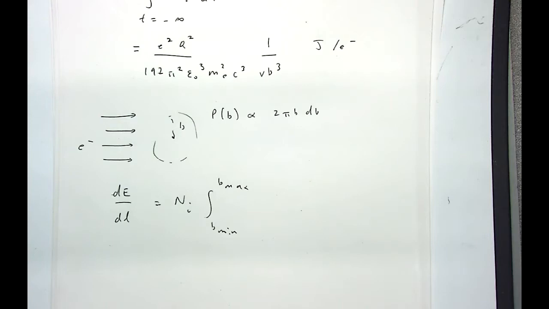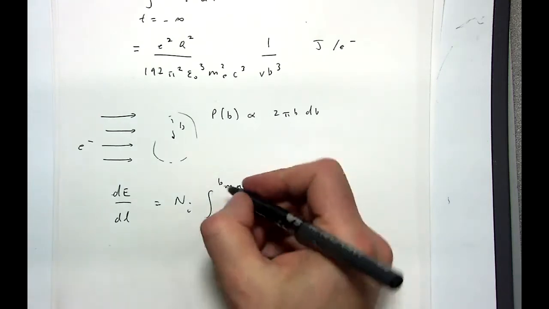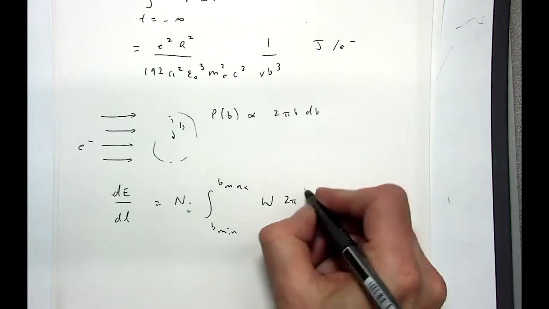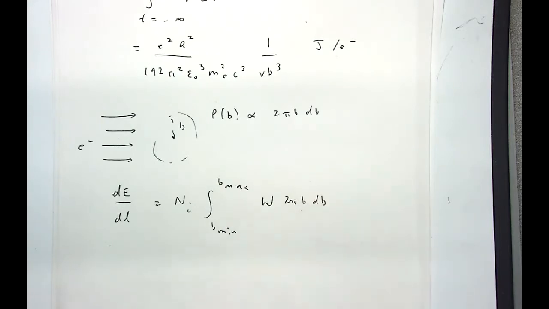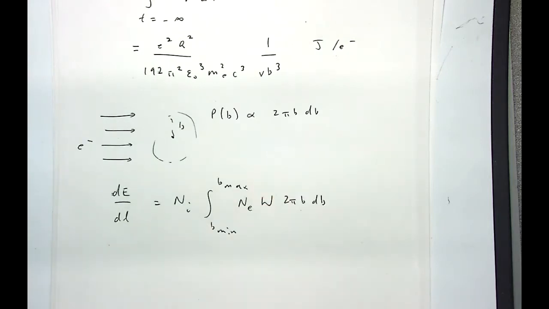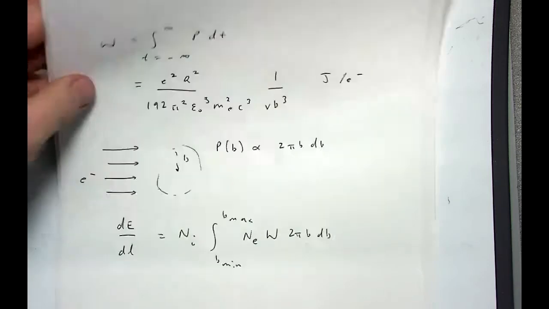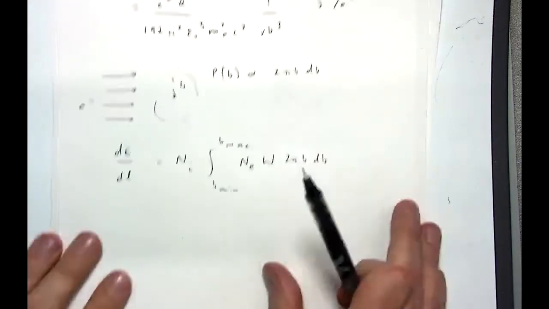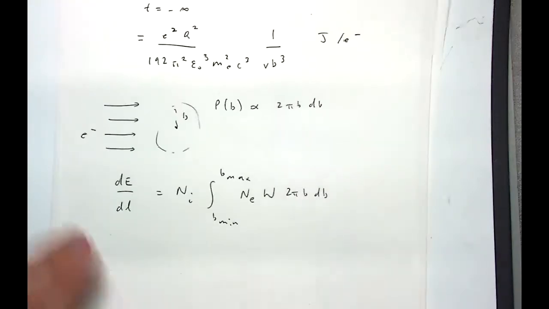Should be 0 to infinity, shouldn't it? Should be that, right? But I should scale the probability. So whatever that W was, I should scale it according to the probability of having a certain value of B, which is 2 pi b dB. And I've got to multiply by the number of electrons I've got. So when I do that integral, because I've had a 1 over B cubed in the denominator in that formula for W, you can see it up there, and I've got B in the numerator,